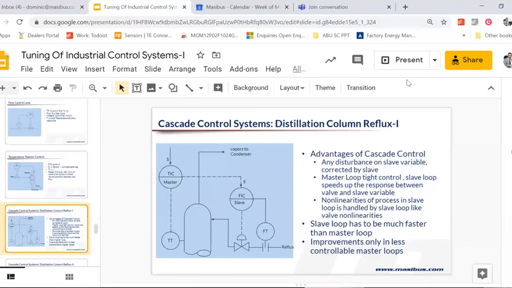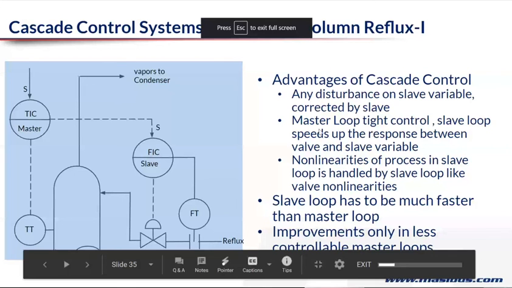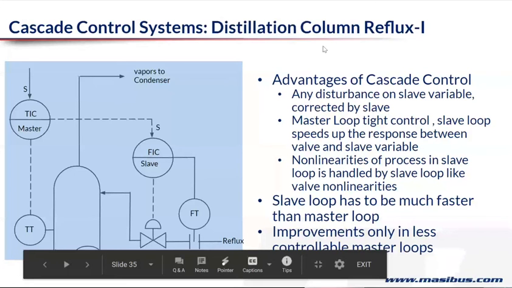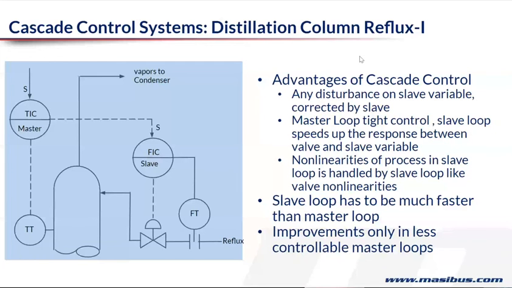Okay, so now we will go to what is called a cascade control system. There were a number of times we talked about how the PID has its limitations. The more the dead time, or the more the ratio of the dead time to the time constant of the process, especially when the ratio is more than 1, then the performance of the PID algorithm starts deteriorating.